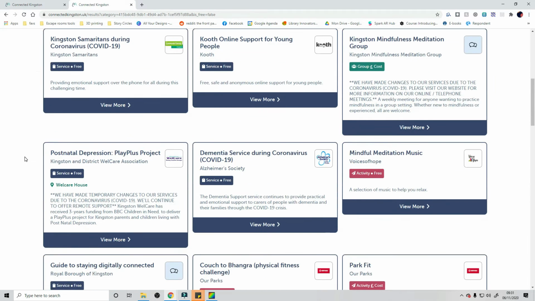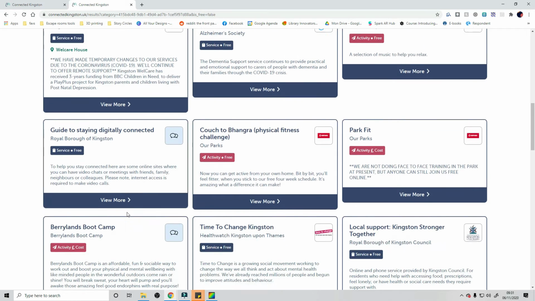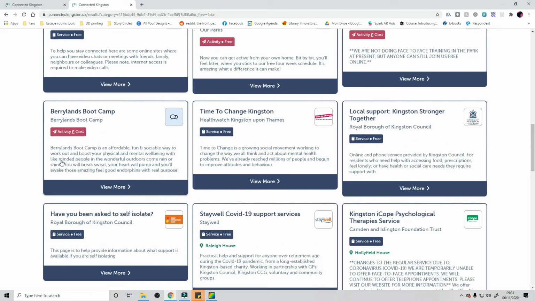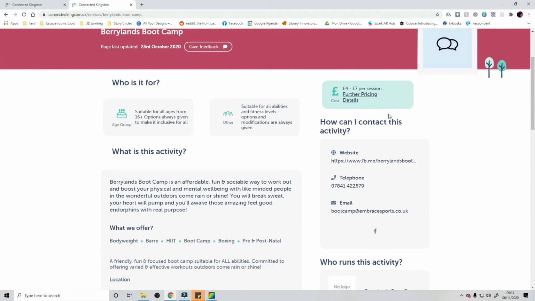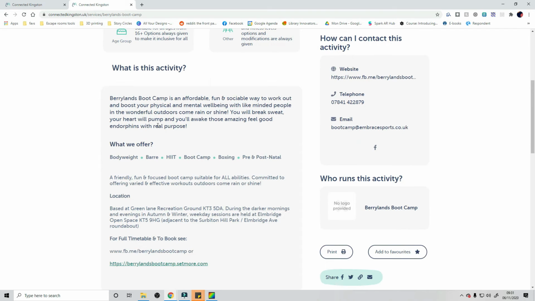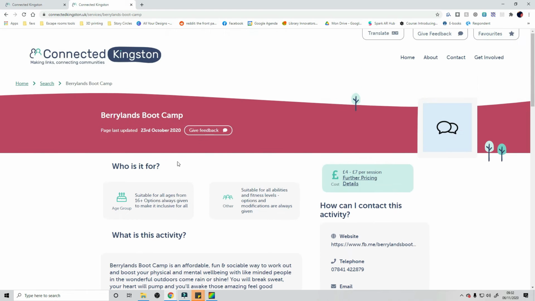And yeah, really you can just browse all of that, and let's see here, we can see that there is actually a cost associated to this service, so we're just going to have a look. And you can see the pricing. You can click here to have more details. Once again, you have the website, the phone number, the email, and then what exactly you can find here. So I'm just going to go back to the main page.